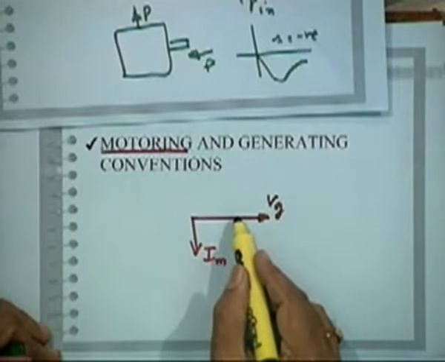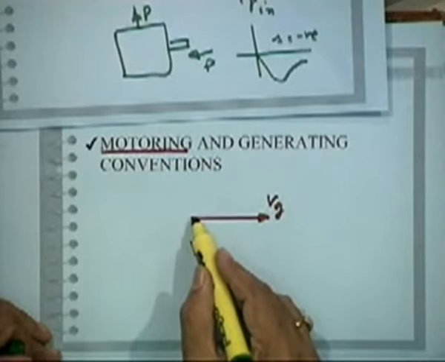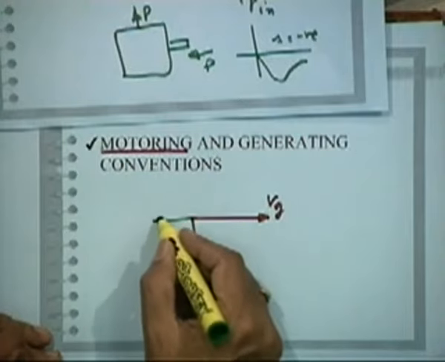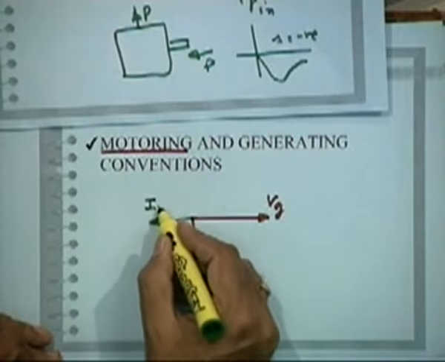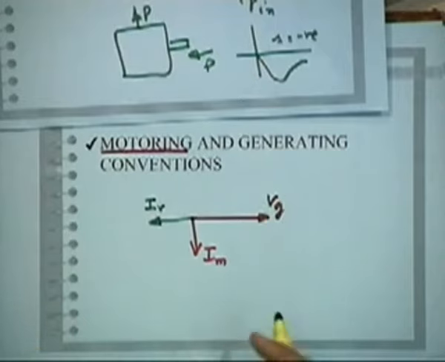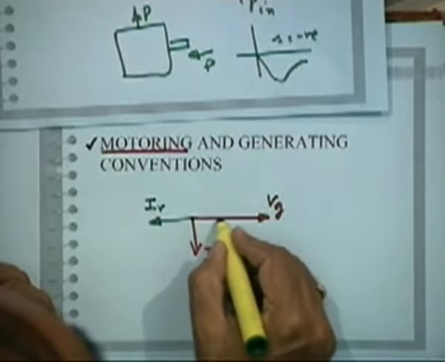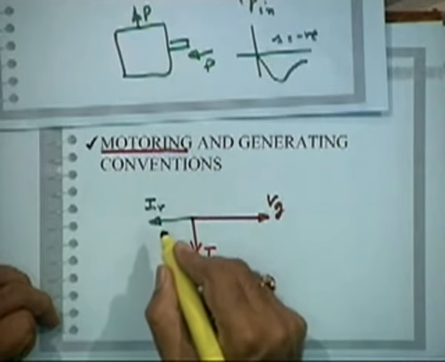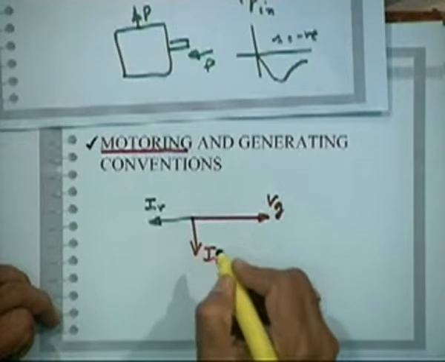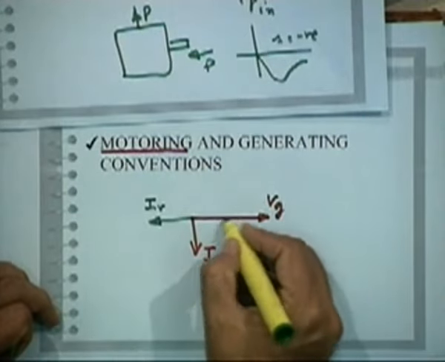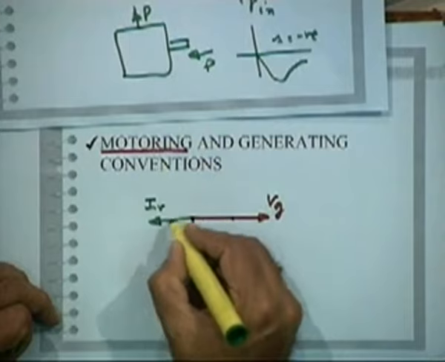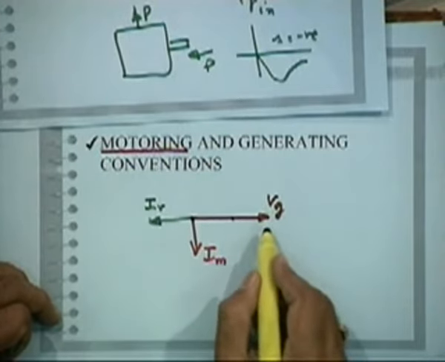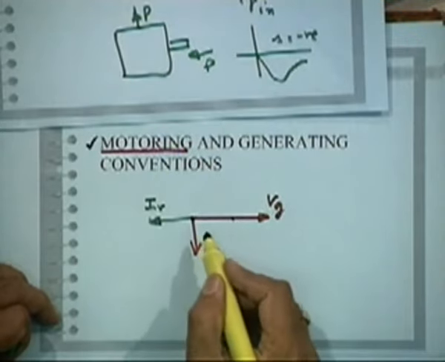Now if it goes to zero slip, it will go here. As a generator, where will that be? It will be IR in the opposite direction, because IR has reversed now, right? The rotor current has reversed its direction at negative slip. This is at positive slip, this is zero slip, this is negative slip. At positive slip, IR will be in phase with the same direction, going out of Vg.